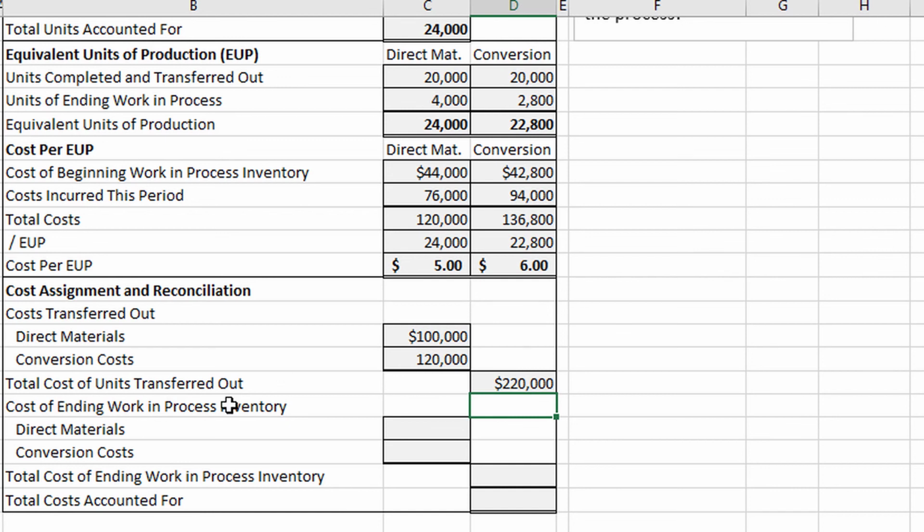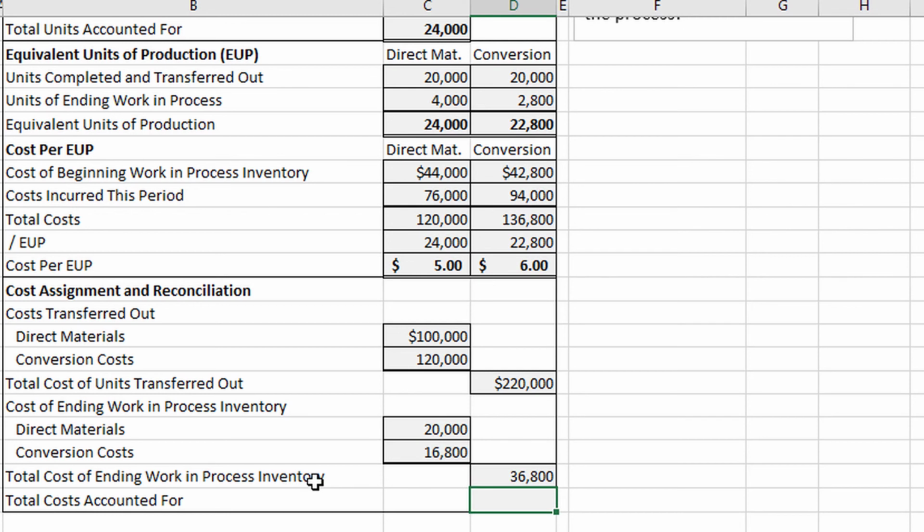Next, we have the cost of ending work in process inventory for direct materials. Again, we can take the $5 cost per equivalent unit for direct materials and multiply by the units of ending work in process inventory. So cost of ending work in process inventory, we just match it up right here. Units of ending work in process, 4,000. And that gives us 20,000. Same idea for the conversion costs. Take the cost per equivalent unit for conversion costs, which is $6, and multiply by the ending work in process inventory equivalent units, which are right here. And that's 2,800. And that gives us 16,800. Next, we can add those two numbers together,